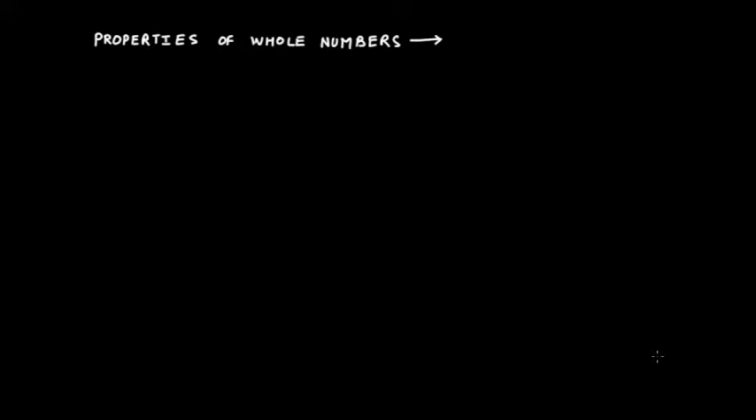Now let's learn about properties of whole numbers, and the first property that we would discuss is the closure property. In closure property, let's begin with addition. So the first one would be addition. For addition,